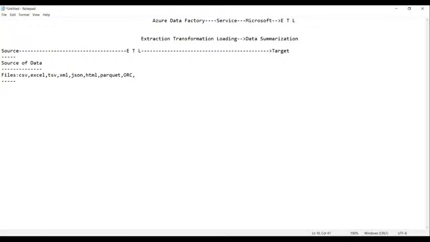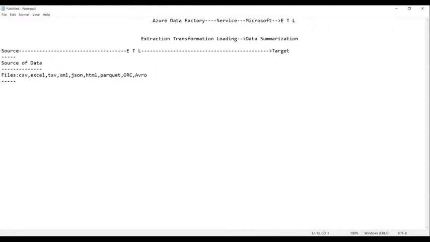Then we have Avro files and Dat files. These are all the various types of files where we can find the data.